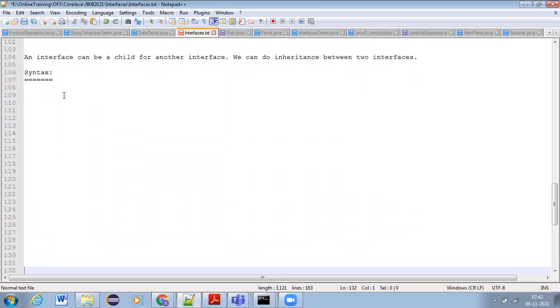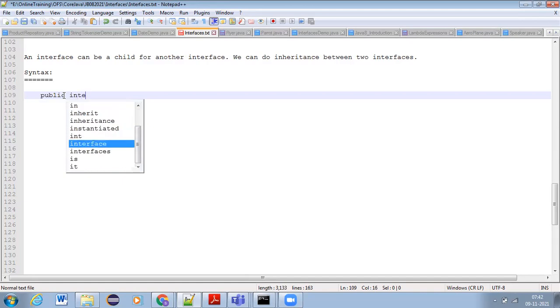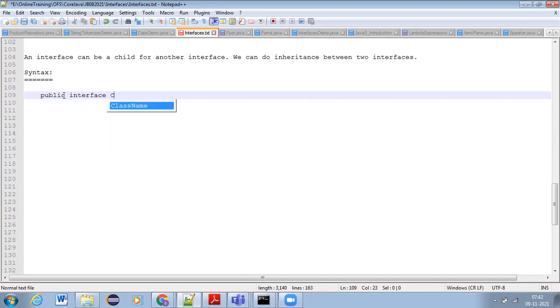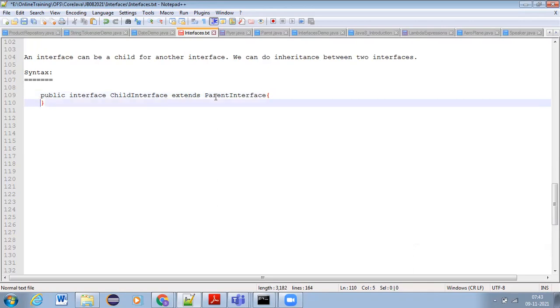If you want to do interface to interface inheritance, then you write public interface ChildInterface extends ParentInterface. The extends keyword we need to use, just like how we write for classes. In a similar way, here also we need to write the extends keyword. Like this we need to write, and in this you can write all the methods.